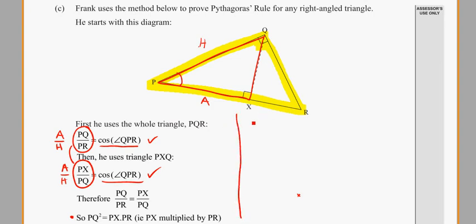So this is now answering part 1. And for part 1, just to keep referring to it, we want to show that QR squared equals RX times PR. Right, so we need an angle,